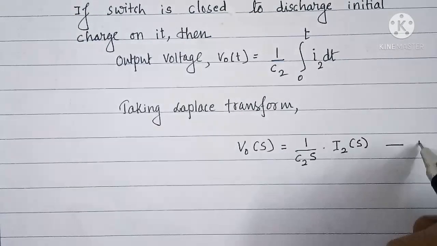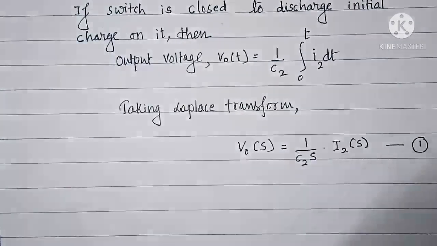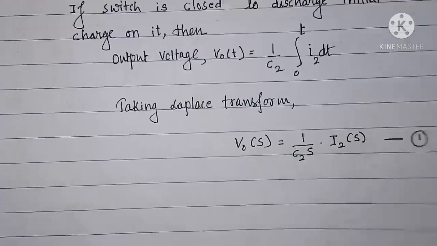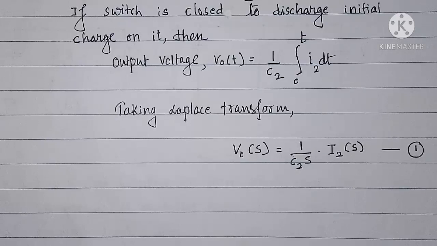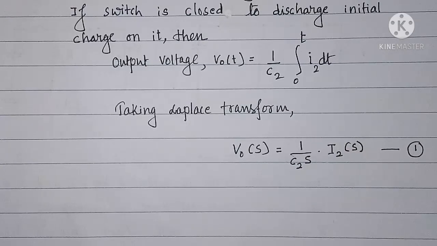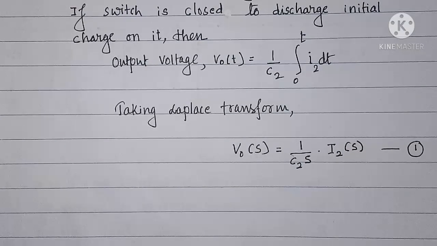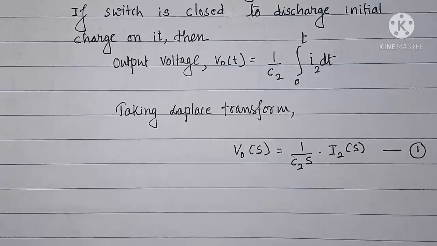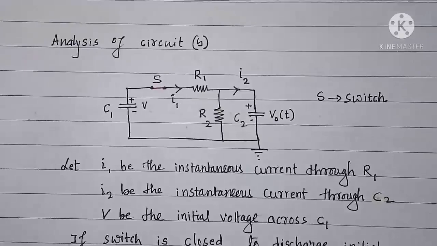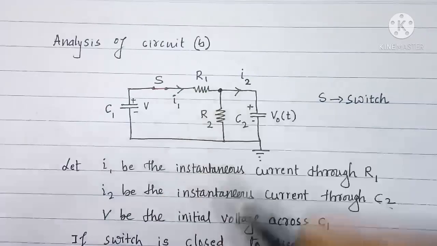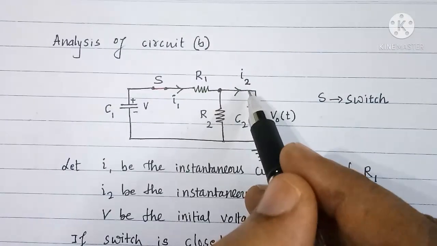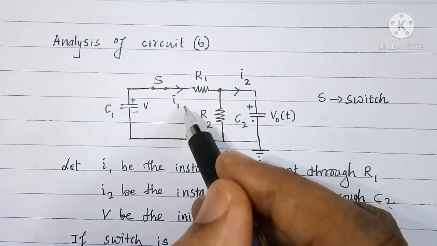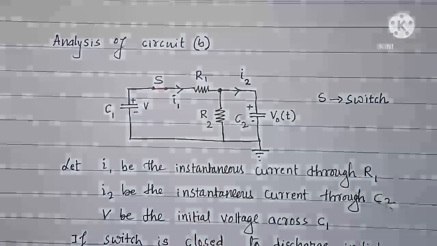Let us call this equation 1. If we now apply the current division rule or branch current formula to the junction here and write the current I2 in terms of I1 in the Laplace domain, we get